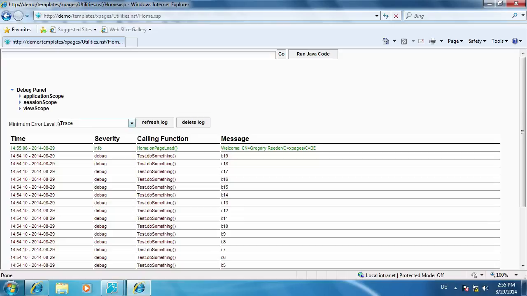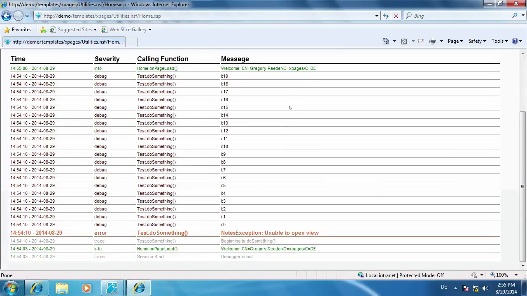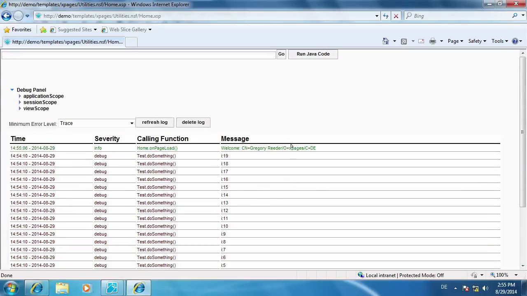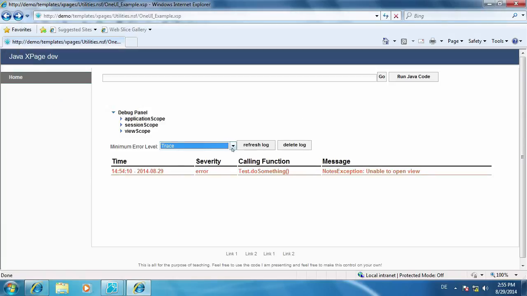We see that the minimum error level remains constant. And we also see that this HTML table is also the same table that we had before. If any sort of errors came when this page loaded, we also see them. But pretty much what we will be building is this panel here, so that we, the developers, are assisted when